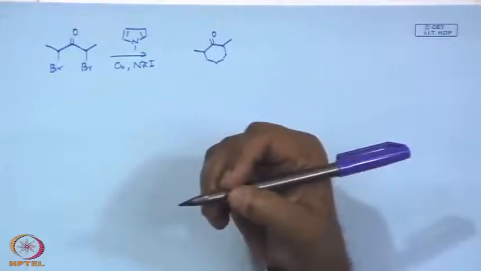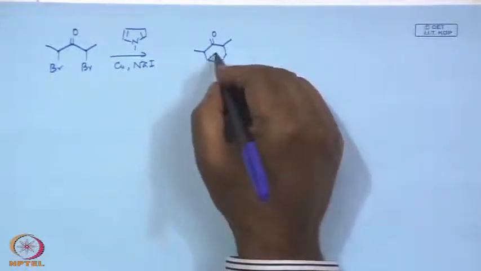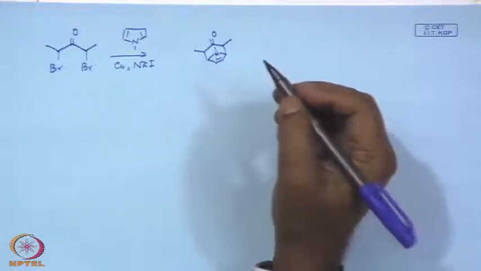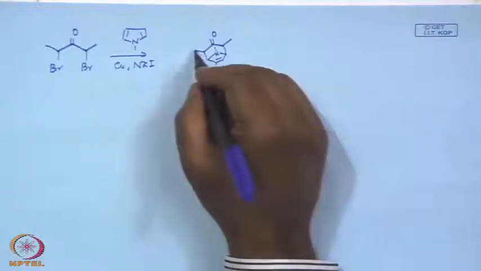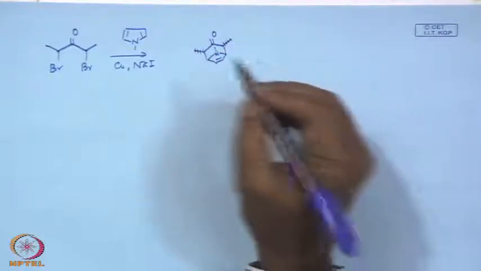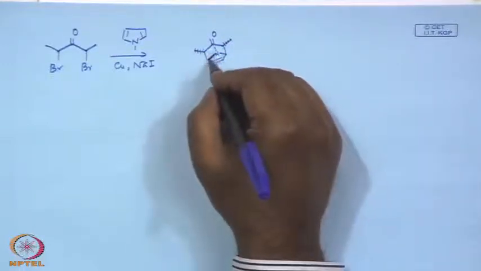So, basically again you get a 7 membered ring, and in this case you have nitrogen and a double bond, just like furan the reaction would take place, and